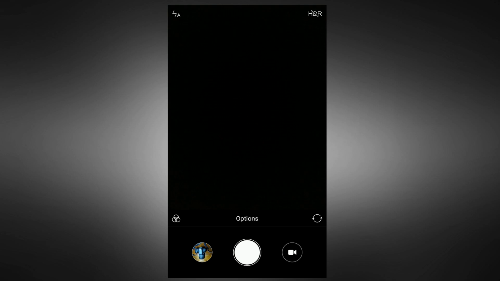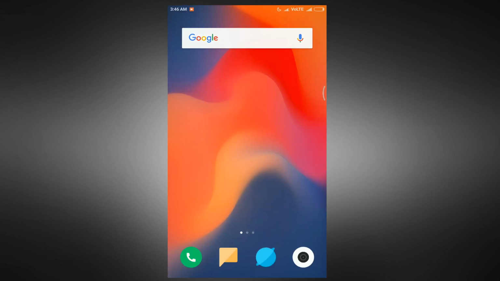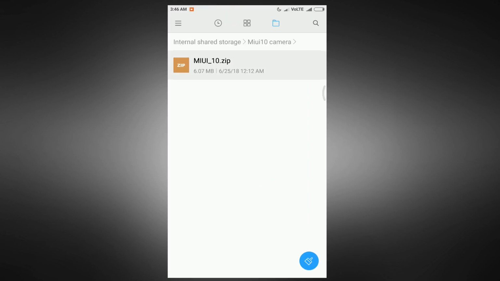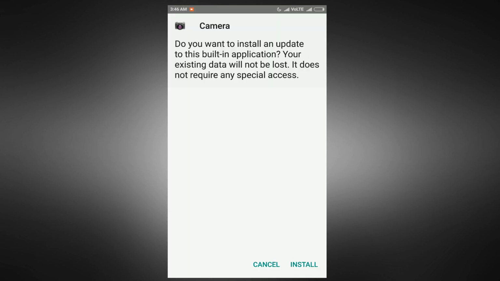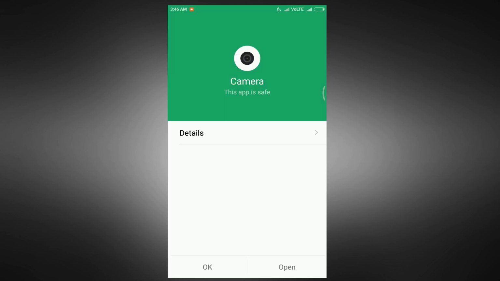Today we'll see how to install the MIUI 10 camera app in 9.5 stable version. Go in File Manager, extract the MIUI 10 zip file, open the MIUI 10 APK, install it. To download the zip file, the link is provided in the description. After installation,